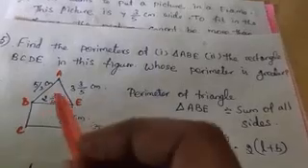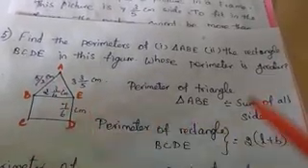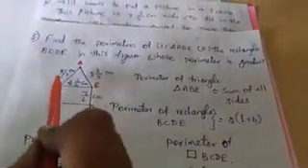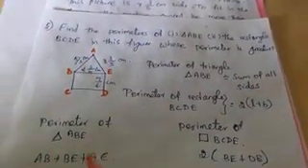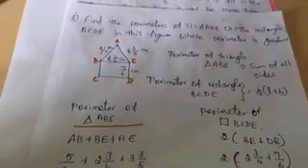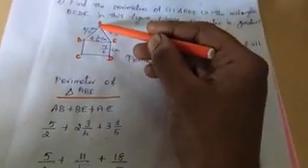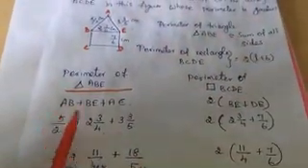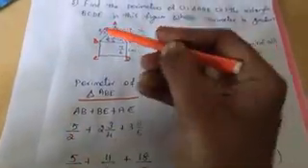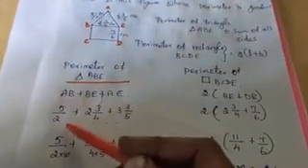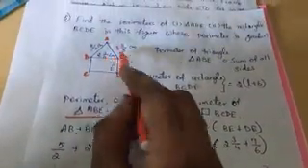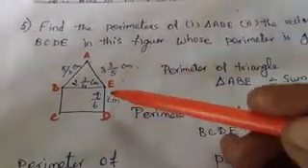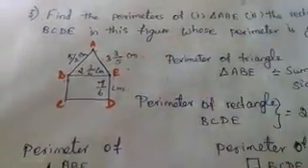So we are going to find out the perimeter of triangle. Perimeter of triangle is equal to sum of all the sides. Yes. So here all the three sides are given for us. So perimeter of triangle ABE, that is sum of all the sides. Which are the three sides? AB plus BE plus AE. So when you sum these three sides, what is AB value? It is given in the sum itself, 5 by 2 centimeter. BE value, it is already given, 2 3 by 4 centimeter. And what is AE value? That is 3 3 by 5 centimeter.